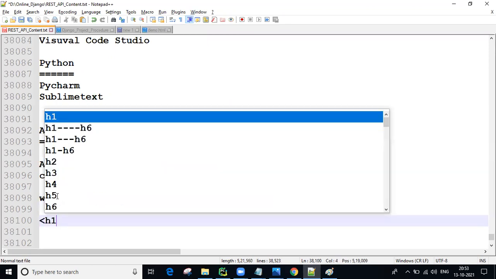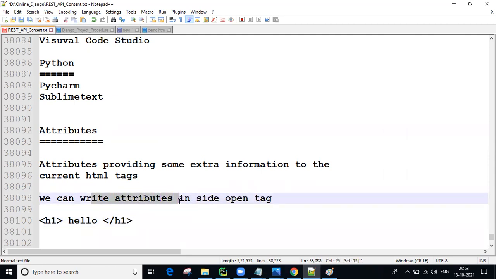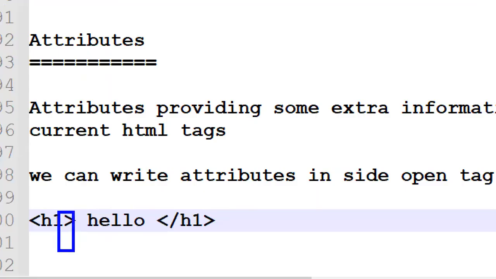So this is one h1 tag, guys. A hello message is there, and this is the close tag. Here we can write the attributes inside the open tag. Open tag means this one. Inside this tag we are going to write, guys, here.